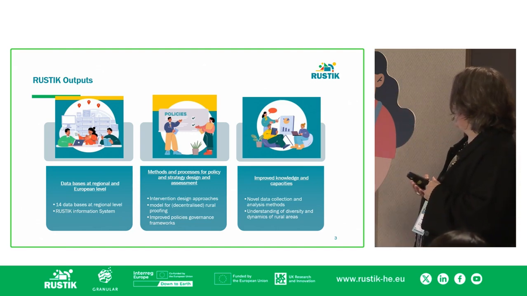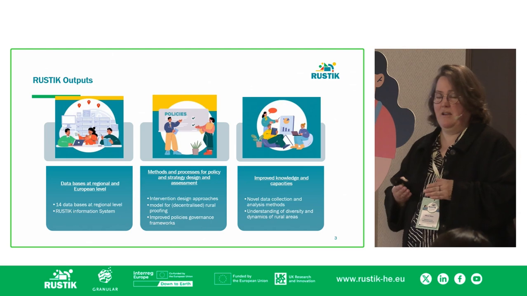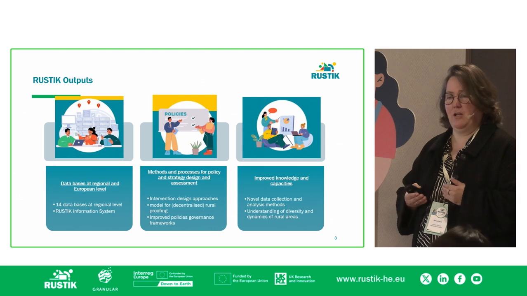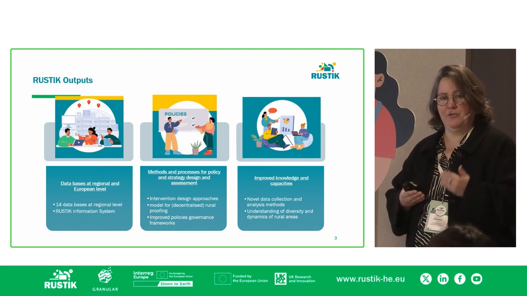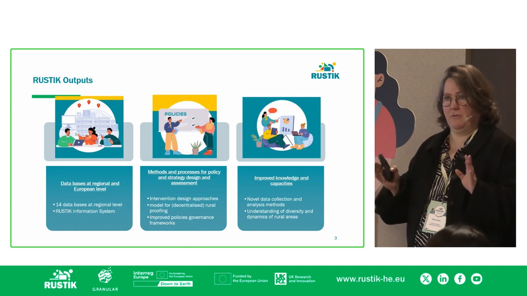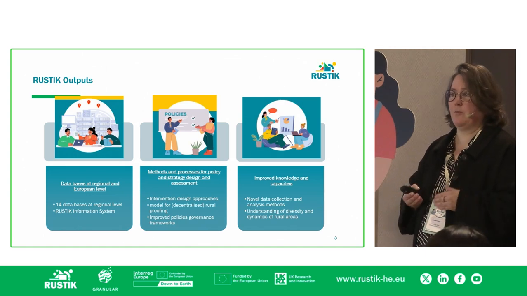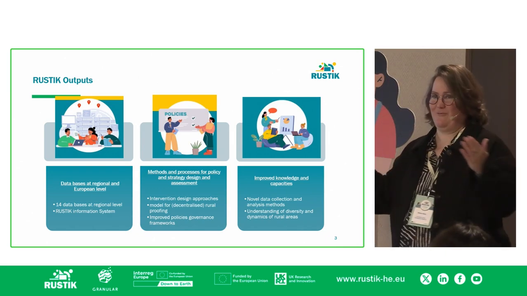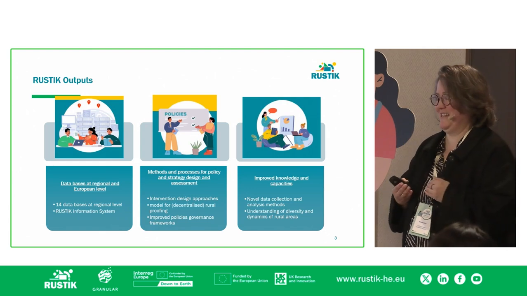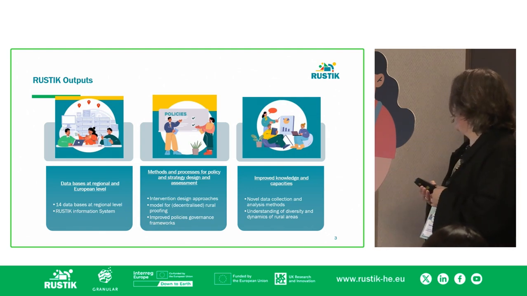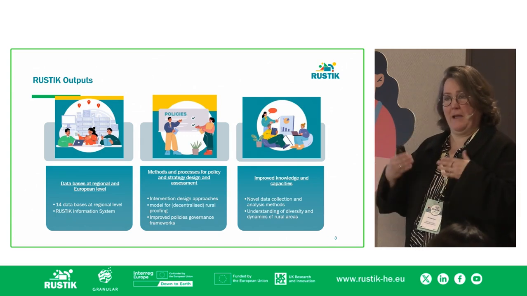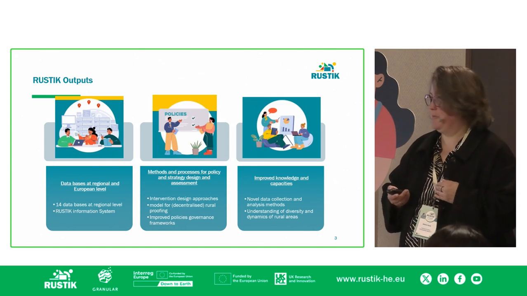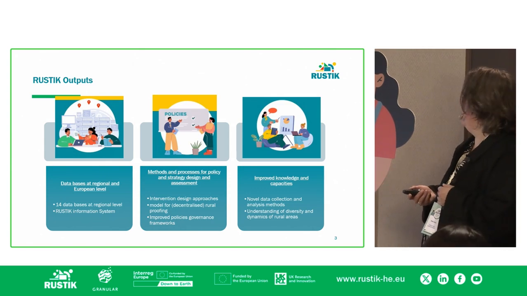The second stream of work is around policies. So the question is how this new data can be used in local strategy development and policy design, and also in a new model of what is called the rural proofing mechanism. So making policy rural proof. And the third stream, and that is what I think we are going to hear more about today, is increasing the capacities and knowledge of different actors, mainly, of course, in our pilot regions, but also at the national level and the European level, and of course also with the researchers.